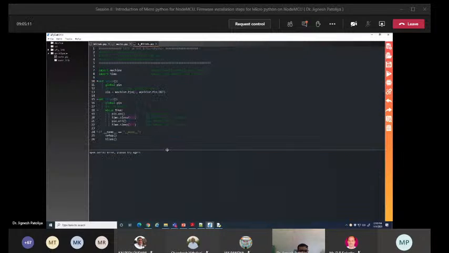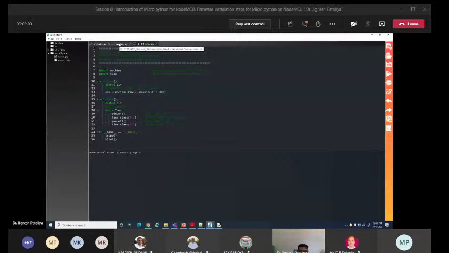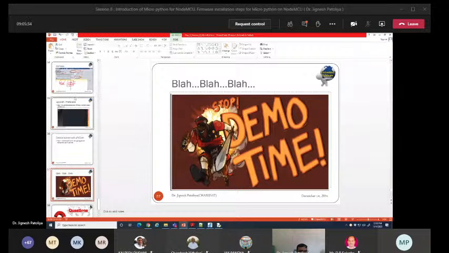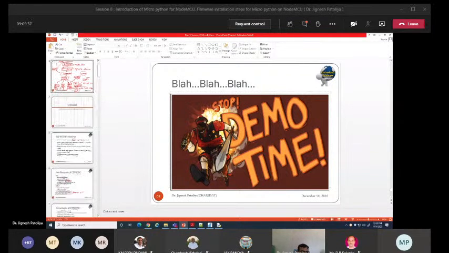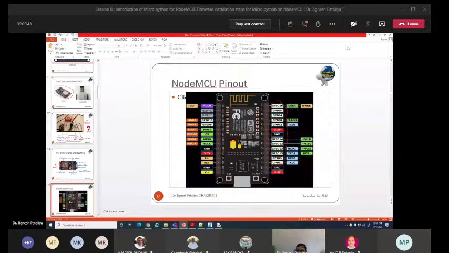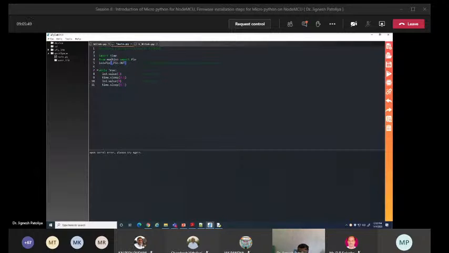So you can compare these two programs. This is your LED blinking program, and this one is again your blinking file. But first of all, let's discuss this, and lastly I will demonstrate how to replace the GPIO pin. You can replace this pin number 16 with any pin. Suppose, for example, GPIO 4. If we replace pin number 16 by pin number 4, and again